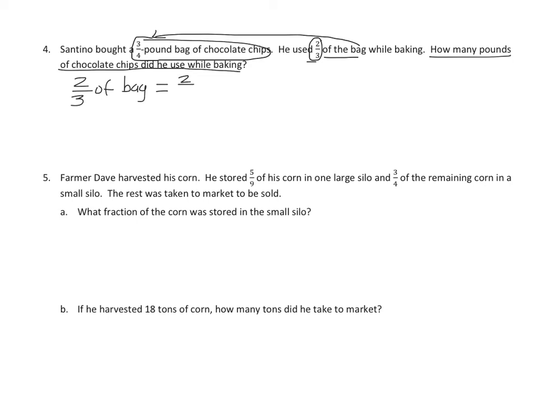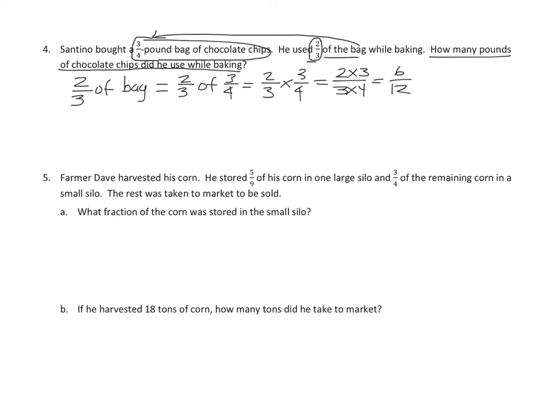So now we can say we're trying to find 2/3 of 3/4, which we can do as 2/3 times 3/4 as our expression. We multiply the numerators together and the denominators together, and we get